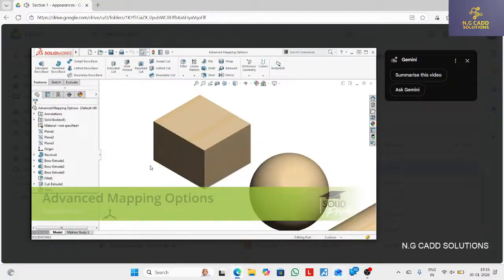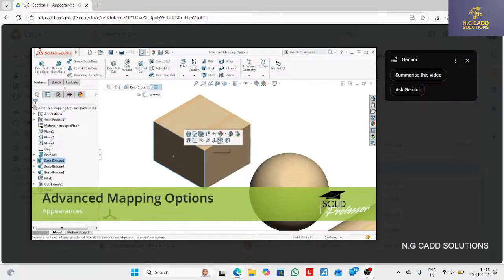When mapping a textural appearance, SOLIDWORKS gives you the ability to better control